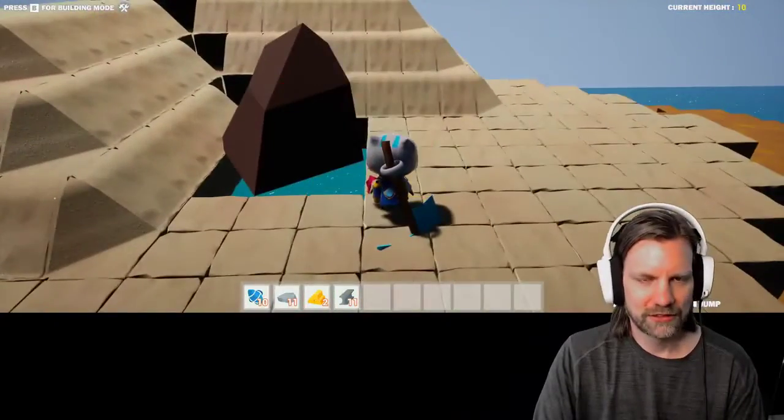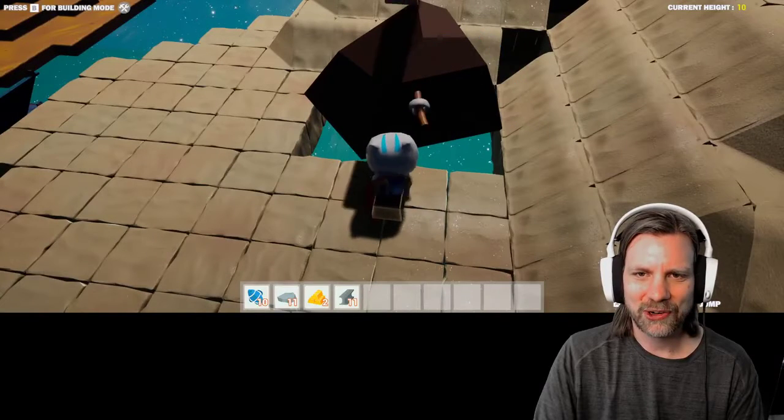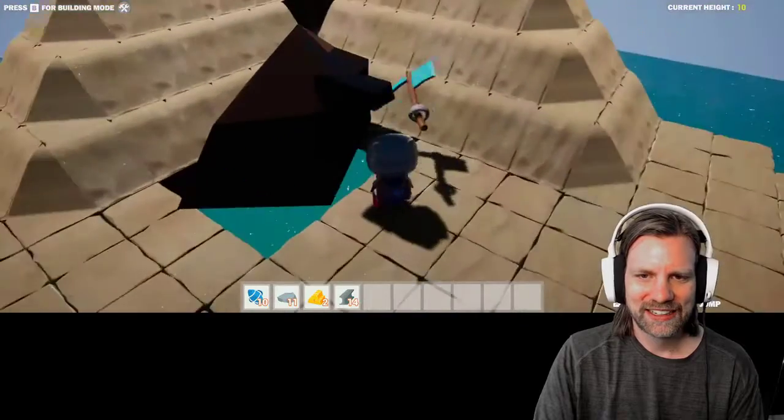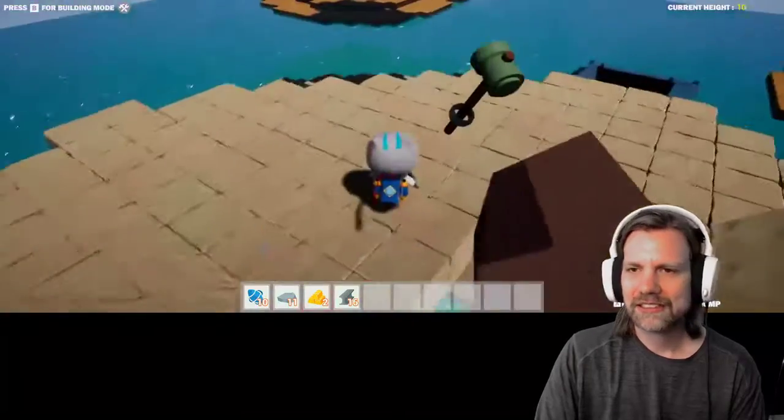Okay, let's go out of building mode. Let's see if this gives me anything different. I'm wondering, is it going to fall down the hole? Is that why there's a hole there? Oh, it's more I-beams. Is that...